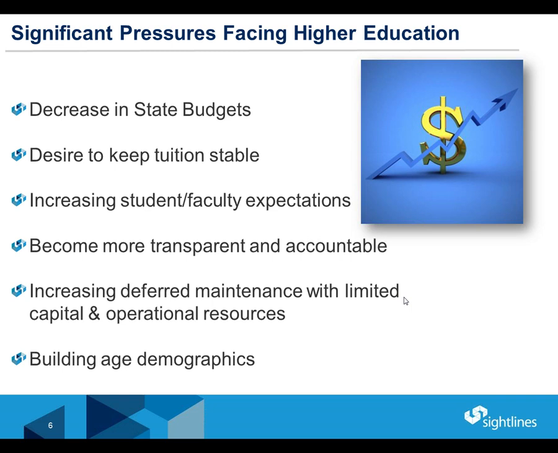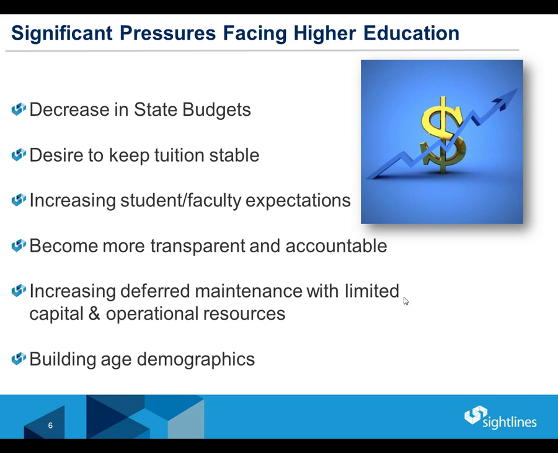We've also been looking at the pressures to become more accountable and more transparent. The federal government's been talking a lot about this. The state governments are talking a lot about this. The folks that are asking you, within your own campus, to become more transparent about what you're doing, to have better metrics, to define it, to be able to be more accountable for results.